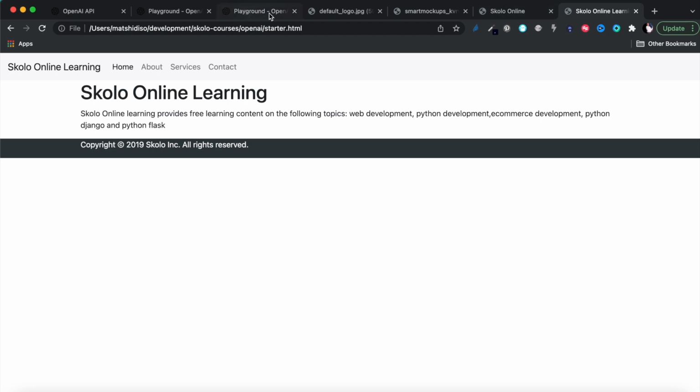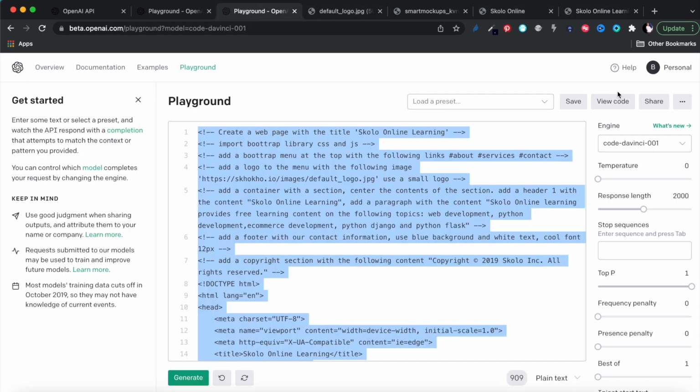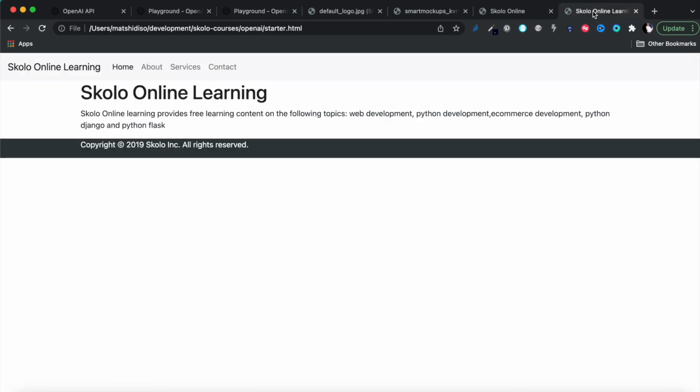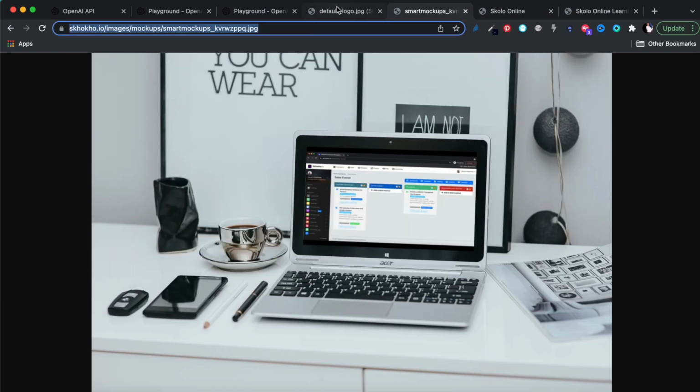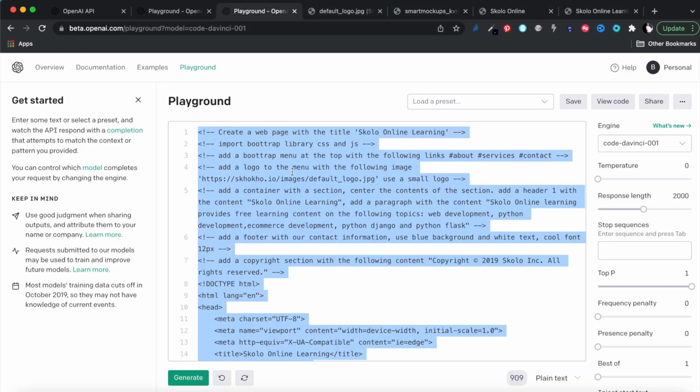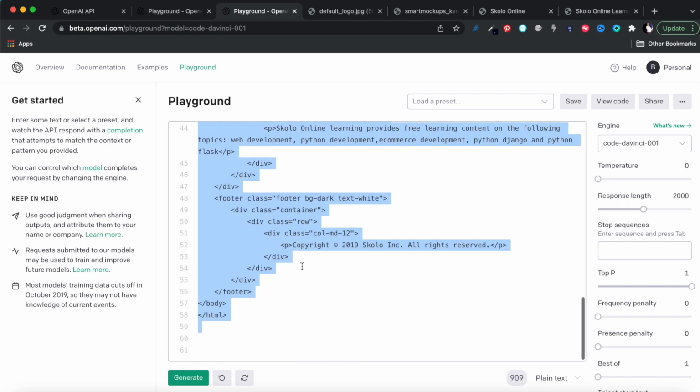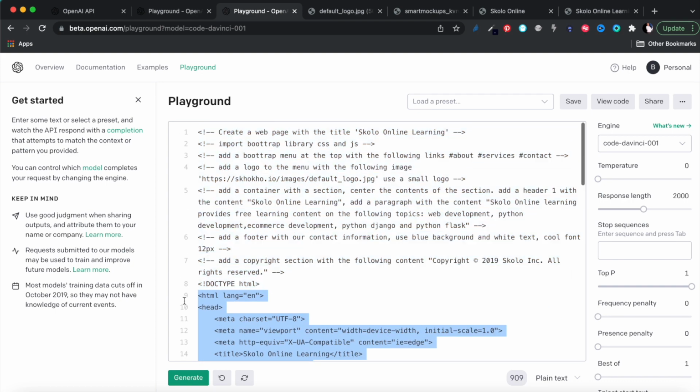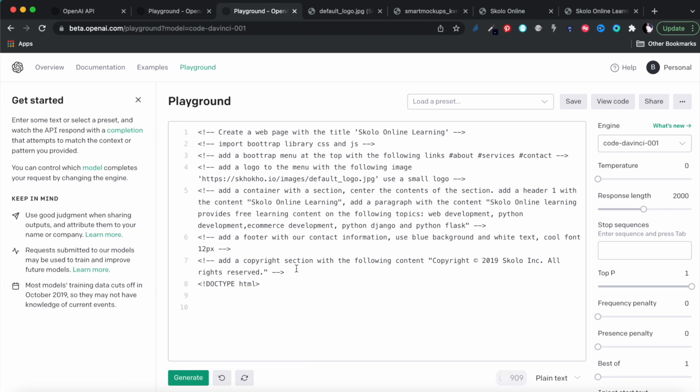Let's go back to the instructions that we're giving it. Oh, let me actually see over there. Did it add the logo? It didn't add the logo. Did we ask for the logo? Let's see. All right, so I'm going to remove everything and just leave the instructions, because I want to rerun these instructions differently. All right. So let's see over there. Did I ask for the logo? Yeah. Add a logo to the menu